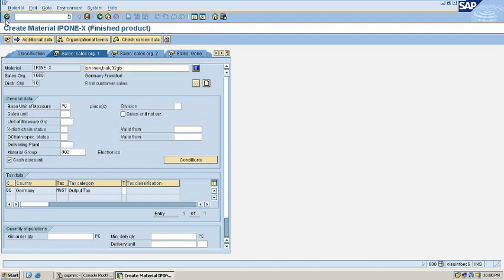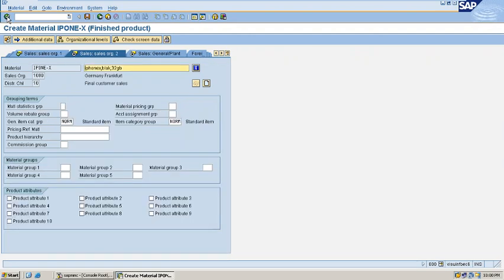I'll hit enter again because I just need to fill in some important things. So we are in sales org 1. Here again we have some important fields. As of now, a tax classification is required. Tax classification, whether this material will be taxable or exempted from tax, we have that facility to create. So as of now, I'll hit enter, insert 0 and make it tax exempted, and I'll see if I'm able to proceed. Very nice. So after this,